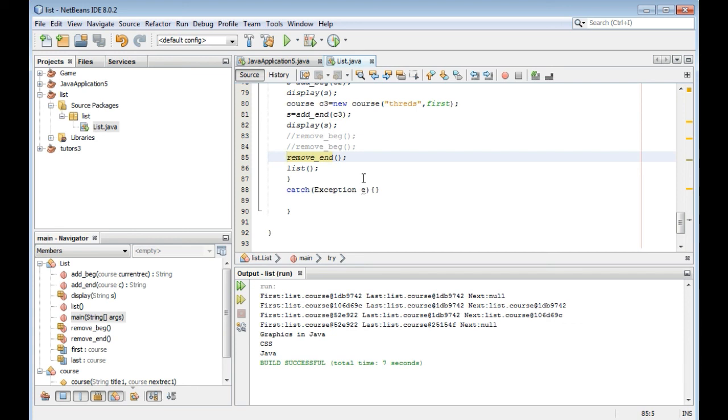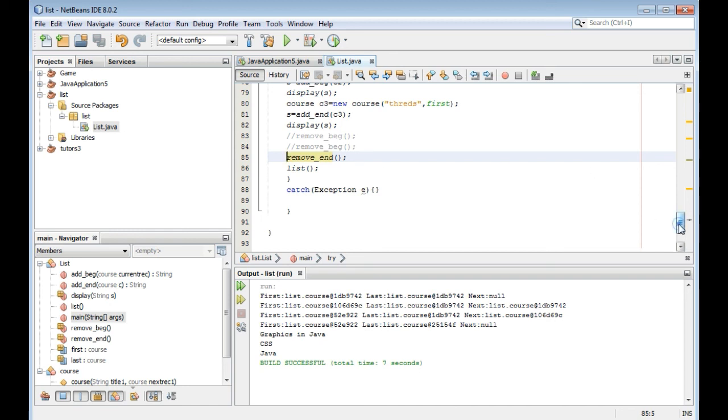If you know this, then you can easily work with stack, queue, trees, searching, sorting, whatever. If you have understood this class, then you must now know how to add, how to delete.